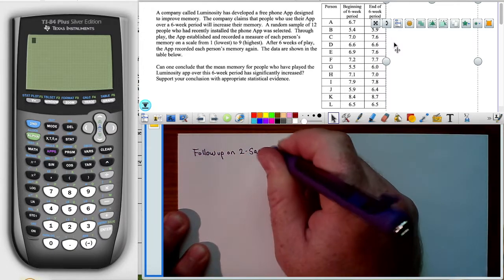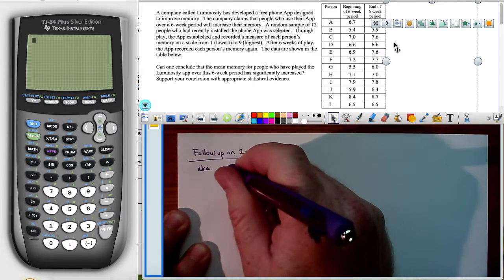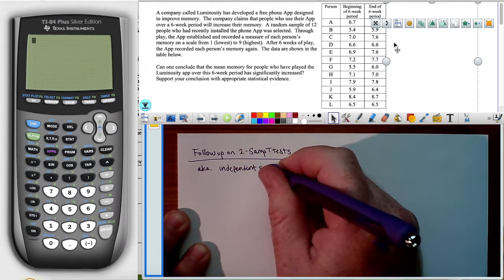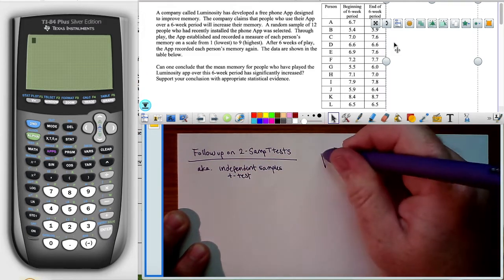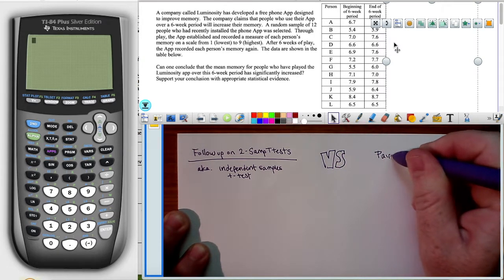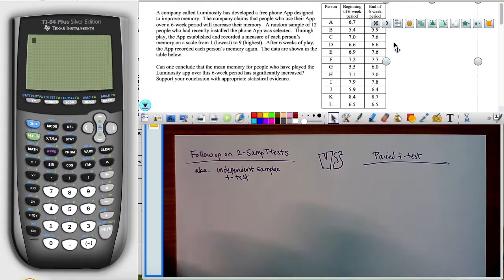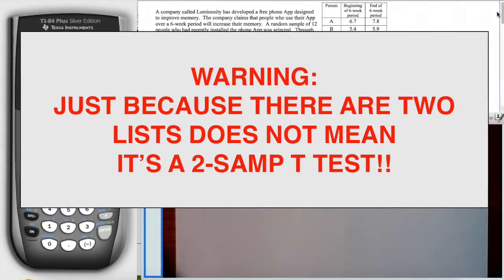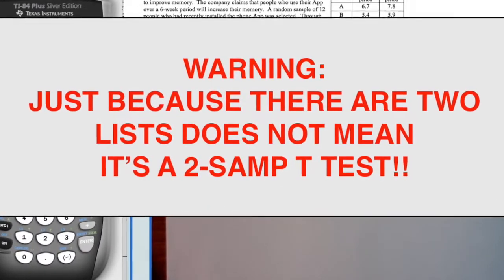I wanted to follow up on last week's talk about two-sample t-tests, which are also known as the independent samples t-tests. There were a couple of questions in MyMathLab that were asking about that question of independence and what to do if not independent, and so I needed to follow up a little. So the moral of the story is just because there are two lists does not mean that it's a two-sample